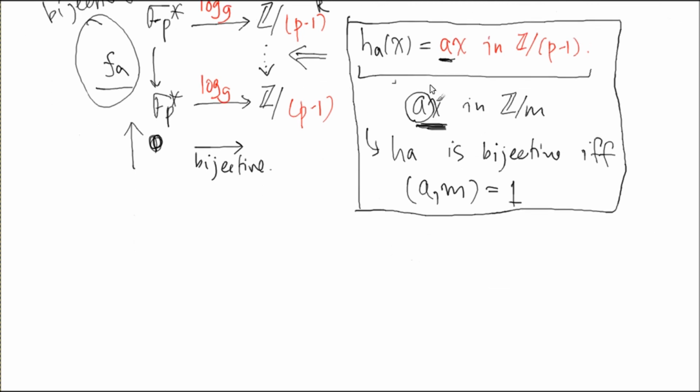Did you write that down? If you have a linear map, not raising to the power, h_a, it's a bijective map if that a is coprime to, what is M here in this case? I forgot to write down what M is. M here is p minus 1. That's our situation, right? So if a is relatively prime to p minus 1, then it is. So let's go back to the exercise. Before, we had